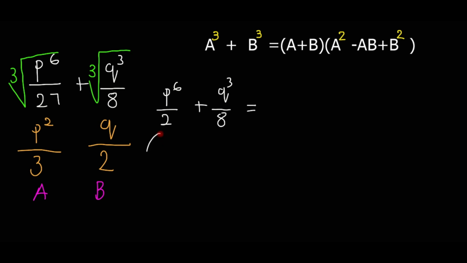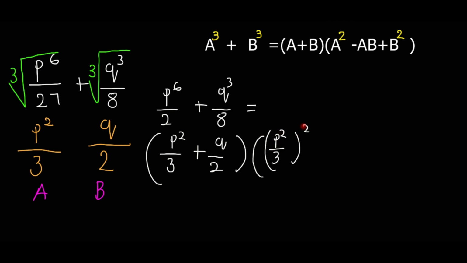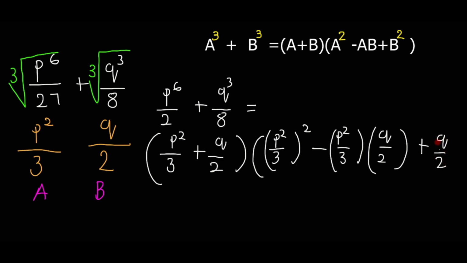So erela gore our a ke p squared over 3, and then our b is q over 2, and then a squared erela gore re na le p squared over 3, and then all squared, and then minus, and then here for ab erela gore ro ba le p squared over 3, and then our b ke q over 2, and then ra ba le b squared, which is q over 2 all squared,